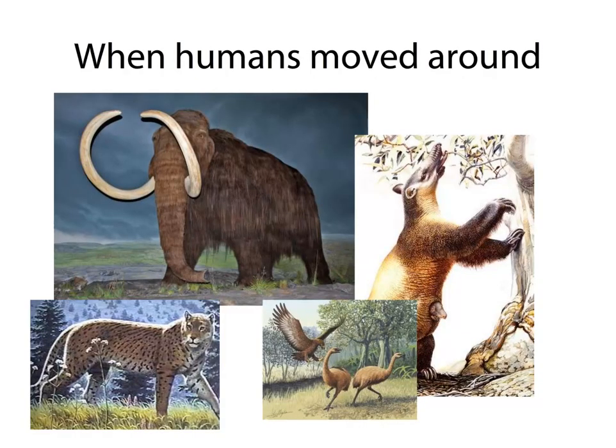So what scientists have noticed is that as humans started to move around, initially there were fossils of certain large megafauna, as they called them, but then once humans settled an area, those fossils disappeared, meaning they probably went extinct. For example, we had the woolly mammoths in North America, we had giant sloths, we had our own large cats, we had our flightless birds, so many cool species that unfortunately once humans got there, they kind of went extinct, and I honestly think it's because we ate them all. At least according to the fossil record. That's one hypothesis, and we'll discuss a few more in the next little while.